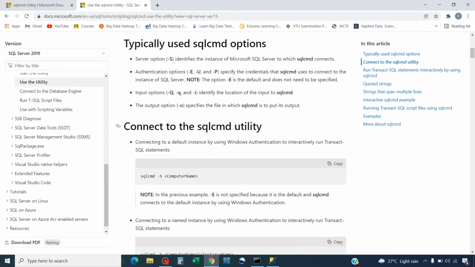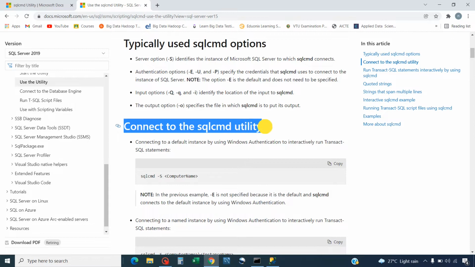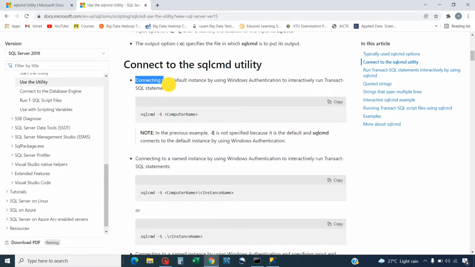See here, we have connecting to a default instance. This is the command, by using Windows authentication. Here you have to mention your computer name. So this one I will show you.